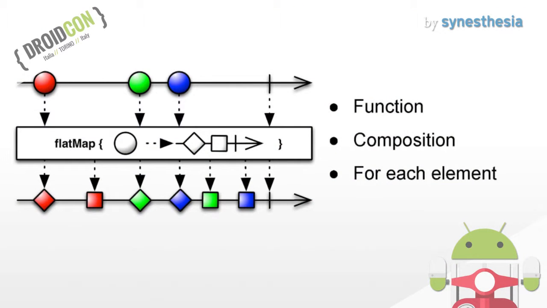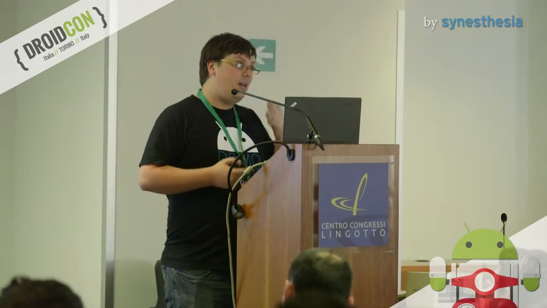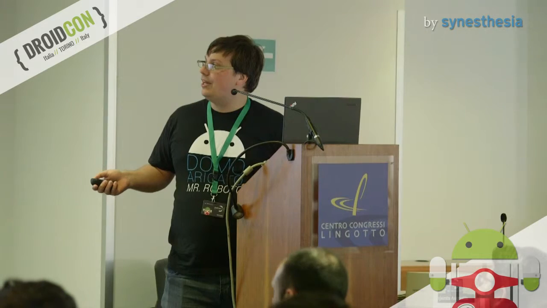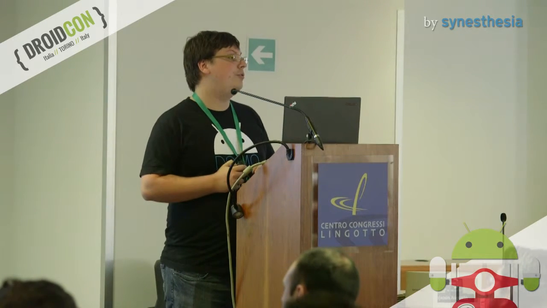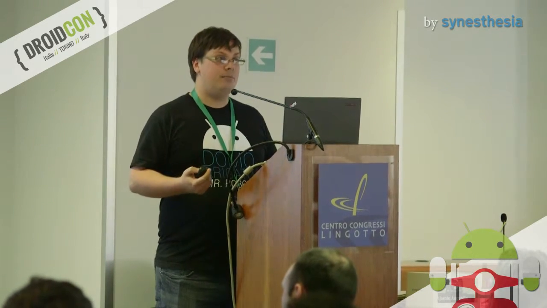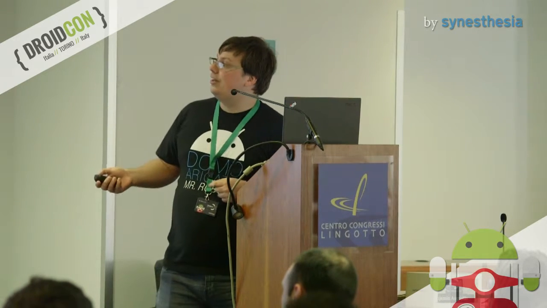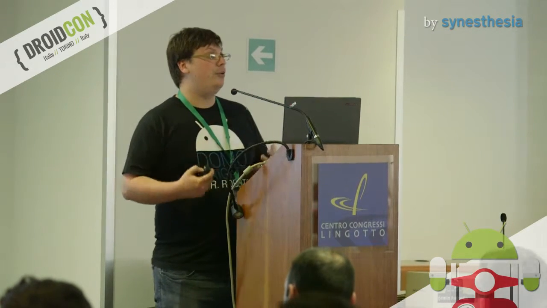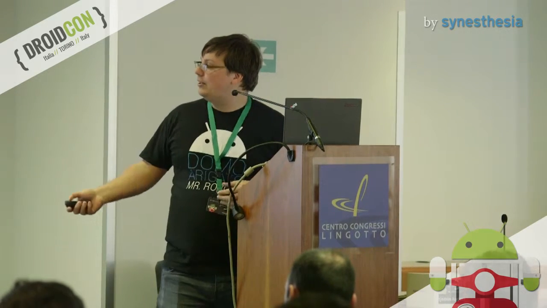The second operator is about composition. Flatmap allows you to say, for each item that I receive, I know how to provide another observable. So for this one, it's nice to think about the observable as a potential action, let's say an API task. You could say that when I get the result from one API task, I want to execute another API task and get the result. So this will allow you to compose different actions together and chain them and get the results at the end.